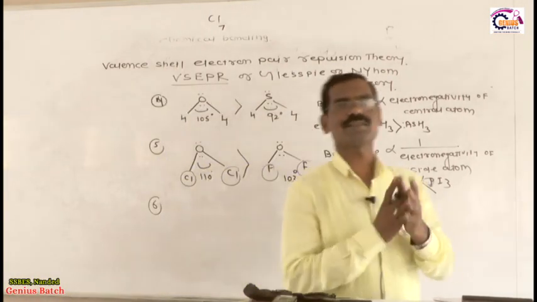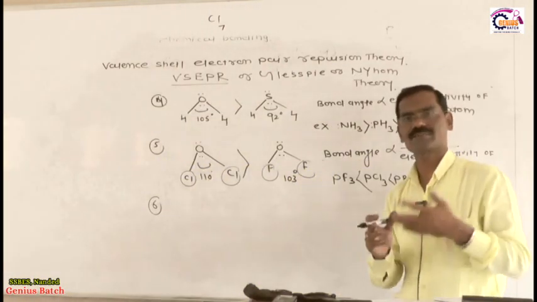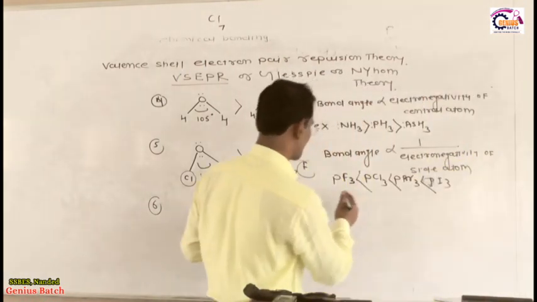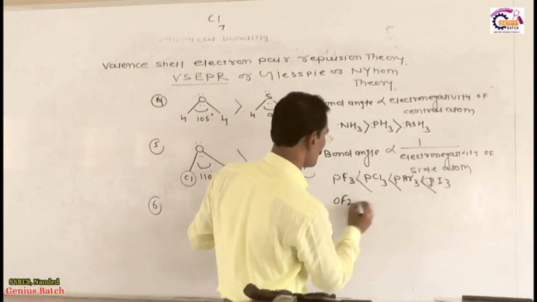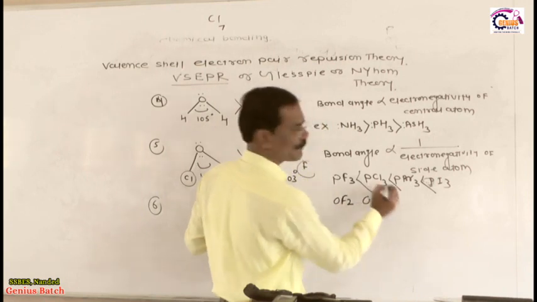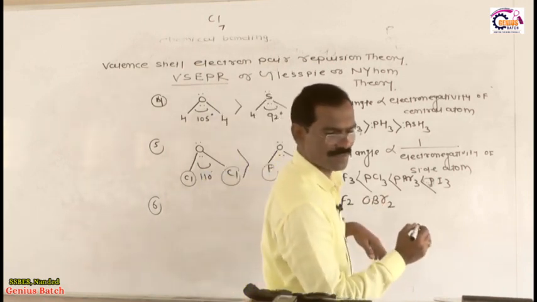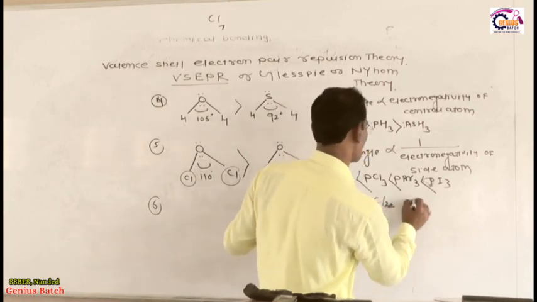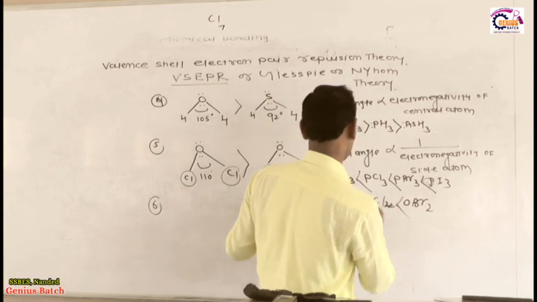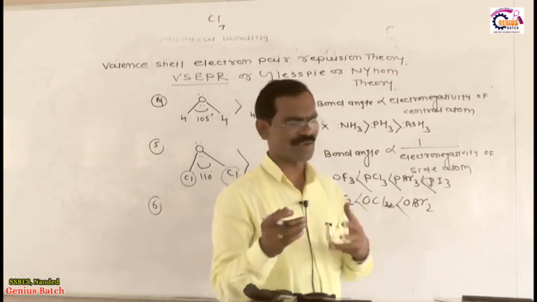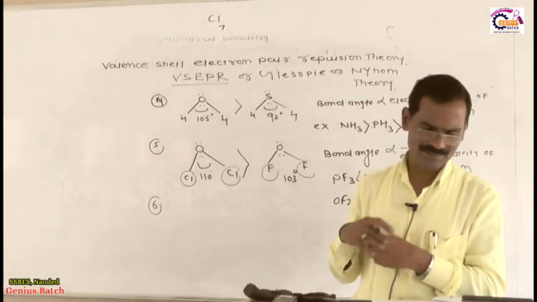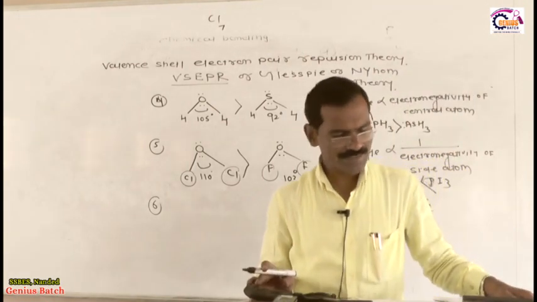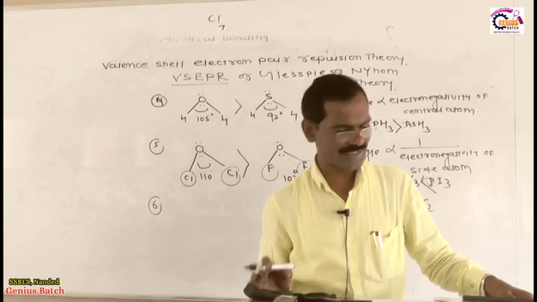Now I am discussing with you the next and very interesting concept, which is called the sixth point. If you wish to consider another example, suppose I have OCl2 and OBr2; the bond angle of OBr2 is greater. Don't worry, you don't have any problem related to this. Now the second important thing: on increasing the size of the side atom, the bond angle increases.